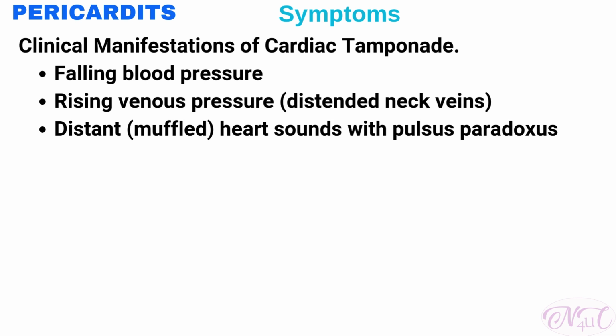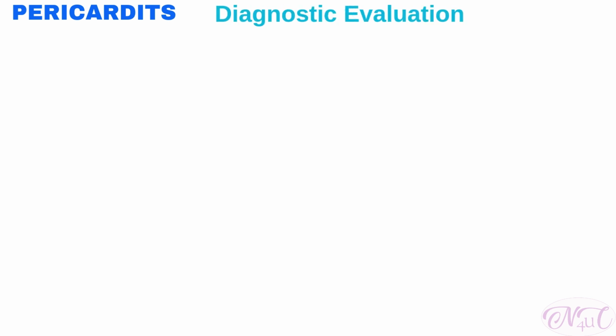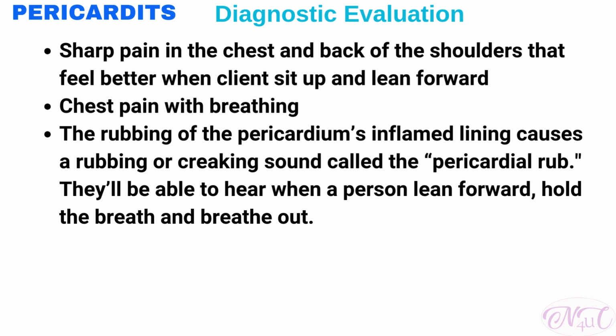The blood pressure may fall from normal, venous pressure may be high, and distant heart sounds with pulsus paradoxus may be present. How to diagnose pericarditis? Sharp pain in the chest and back of the shoulders that feels better when clients sit up and lean forward